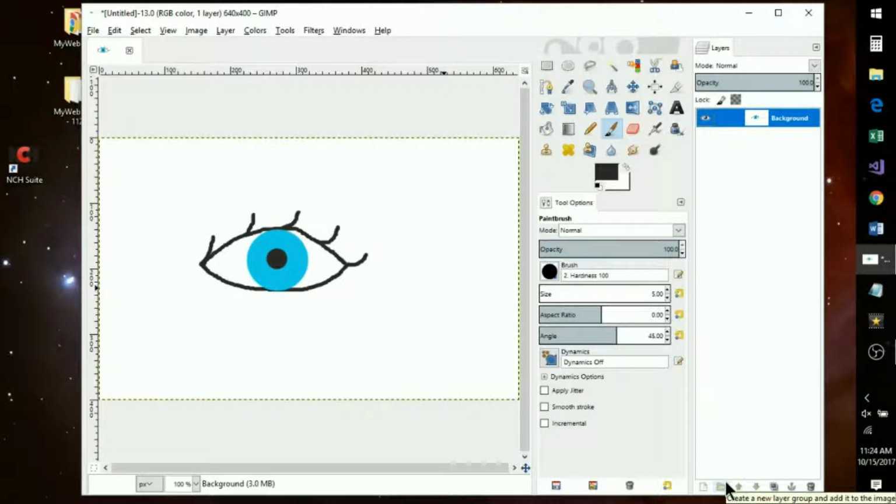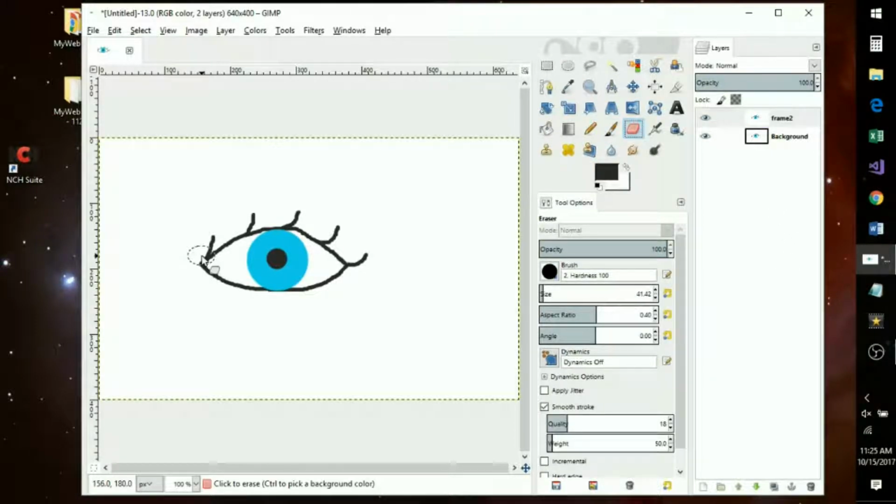Let's go ahead and duplicate that layer. All right, and this will become our frame 2, so we can rename that to frame 2 just so we don't get confused on what's going on with these frames here. Now I'm going to erase away areas that I don't need. So I'm just going to erase away